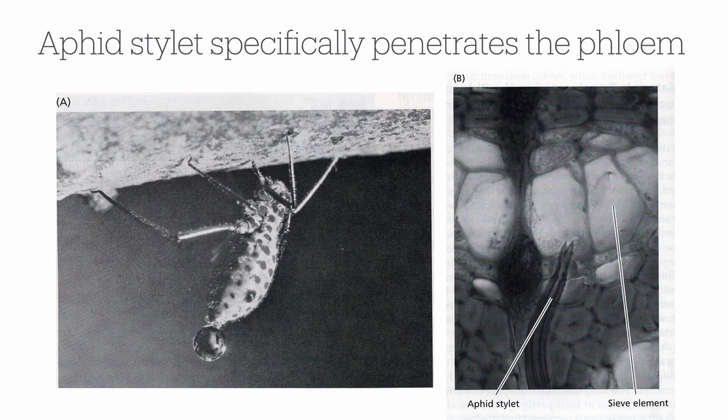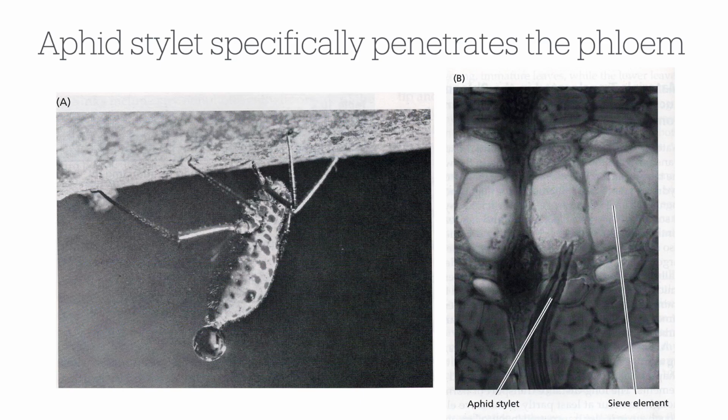So scientists have gotten very clever, and this is in fact how they identified what the sieve tube composition was. They anesthetized aphids with, I think, CO2, and then they zapped them with a laser so that the body was no longer there, but the stylet was still punctured into the sieve element. And because the sieve tube element is under pressure, it forced the sap out the end of the stylet, and the